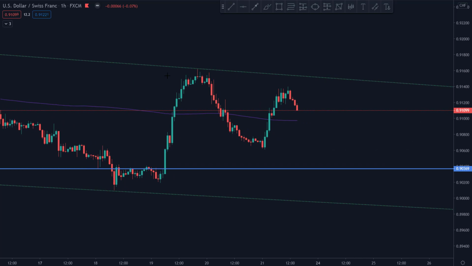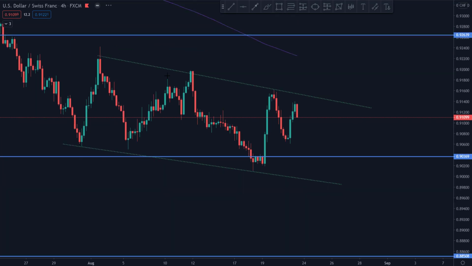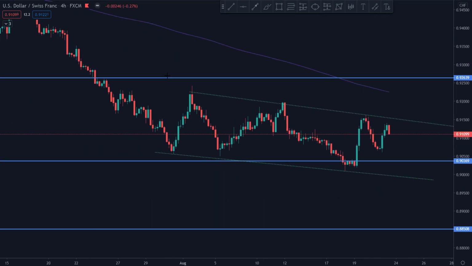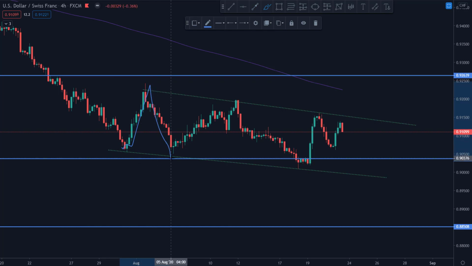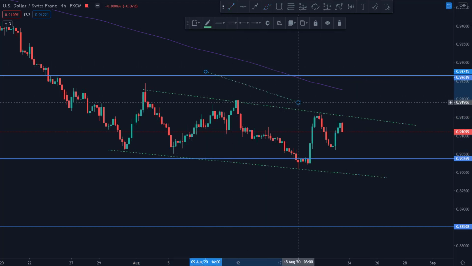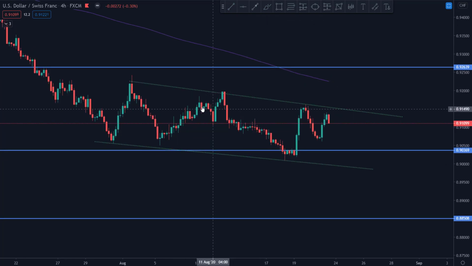Alright, we have our possible outcome here. If we go to 4 hour, we are going to see that the price has made this beautiful channel, right? As you can see, it was the first touch, second, third, and so on, right? So basically what is happening right now and what is going to happen in the future, well, let me tell you that the price, as you can see, touched this resistance from the channel and then just a little